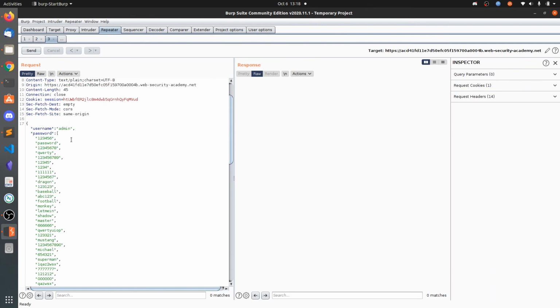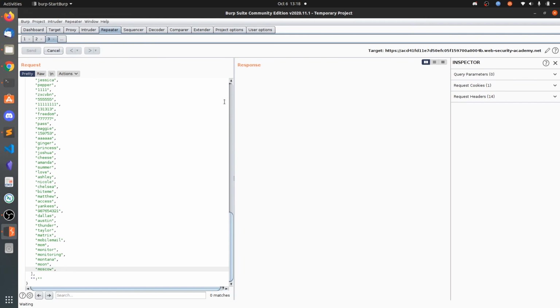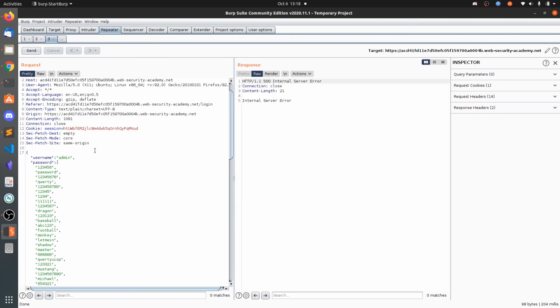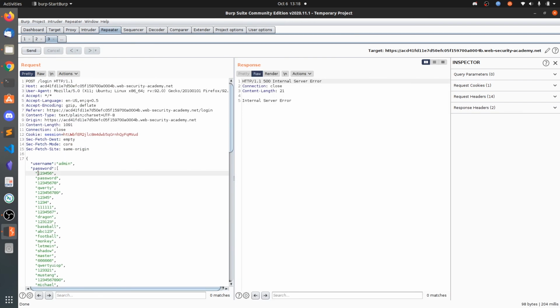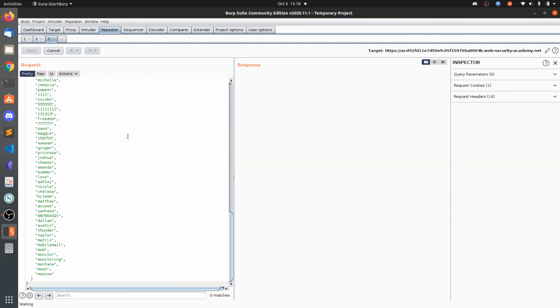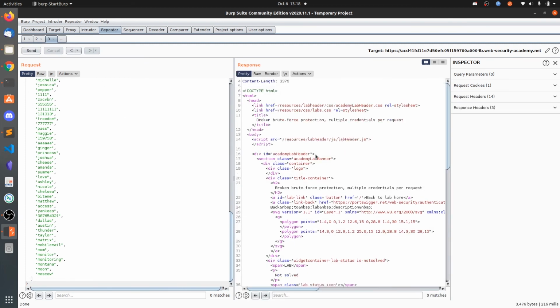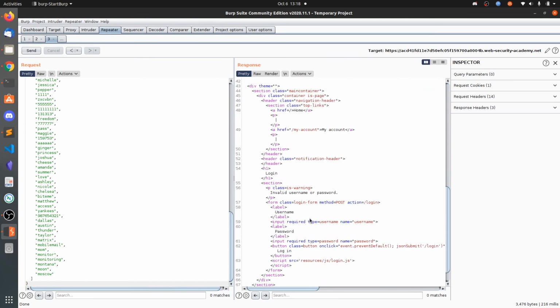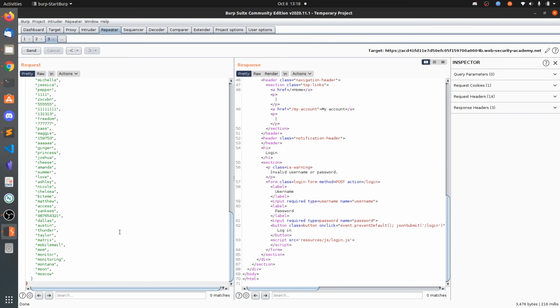Now send this one, and we got an internal server error. I don't know what these are for. Let's send this again, and we got invalid username or password.